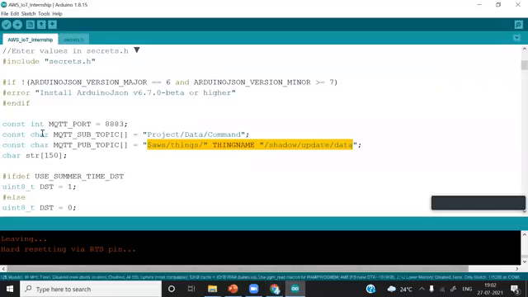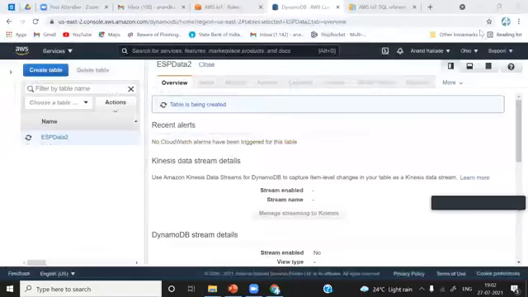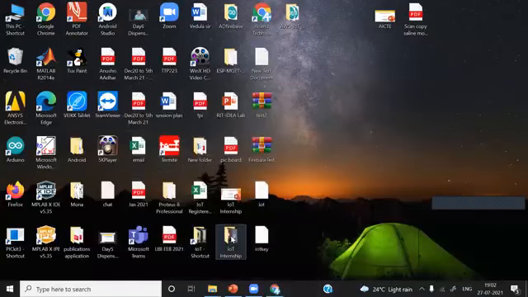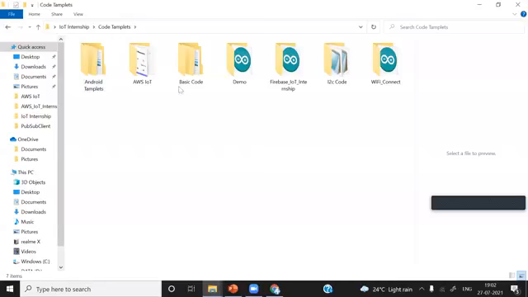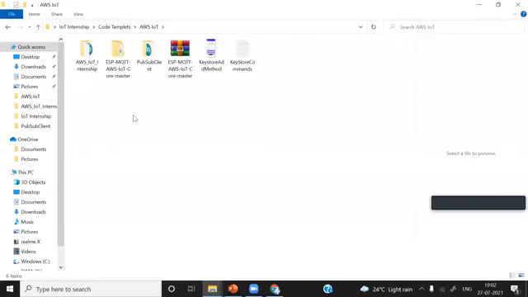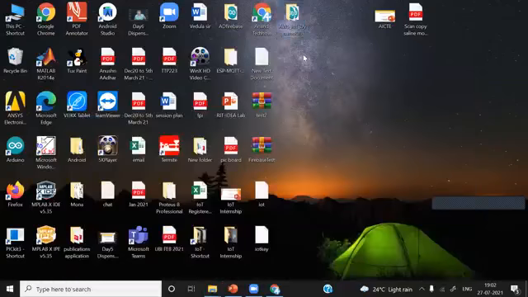While it is creating, I will close this file. I have created a new file, this one, AWS IoT DynamoDB.